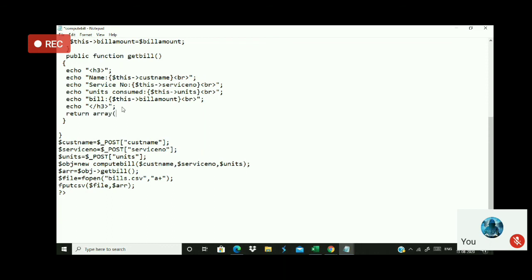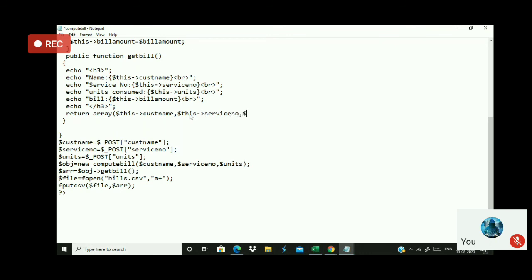What is the first parameter I should have? The customer name, isn't it? The second parameter should be the service number, sorry, service number.